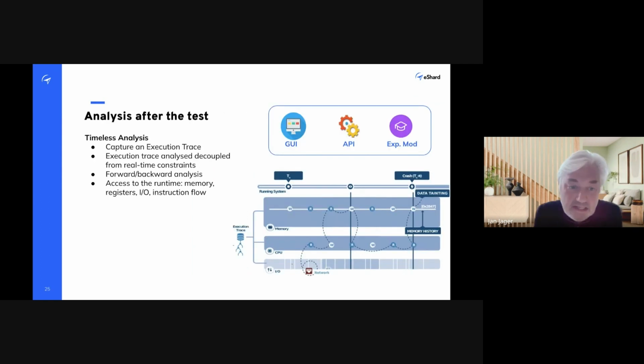So, analyzing after the test, for that we have functionality in our platform called timeless analysis, where we can capture an execution trace. And with the timeless analysis, we can travel forward and backward in time. And we have implemented this functionality to be able to see the state of the complete system at any moment in time. So basically, the real-time constraint is removed,